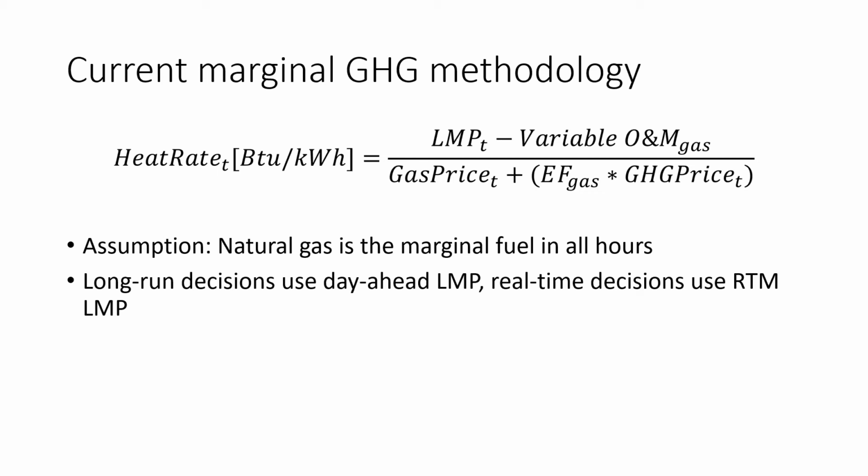That's the gist of how that approach works. And for long-run decision-making, like what the avoided cost of a demand-side resource might be, you would use the LMP price from the day-ahead wholesale market, which better represents structural changes in the market. And for real-time and short-term decision-making, like when to charge your battery in the SGIP program, for example, you use the LMP price from the real-time market, which represents better which plant would be